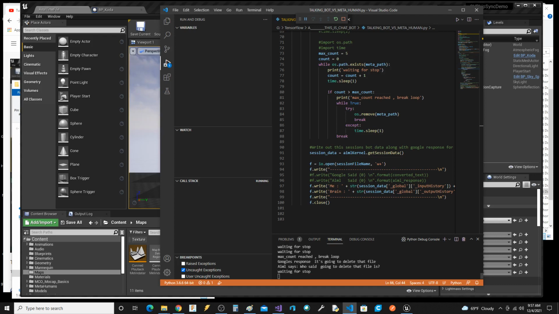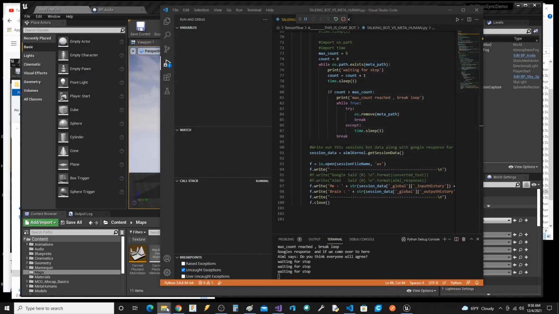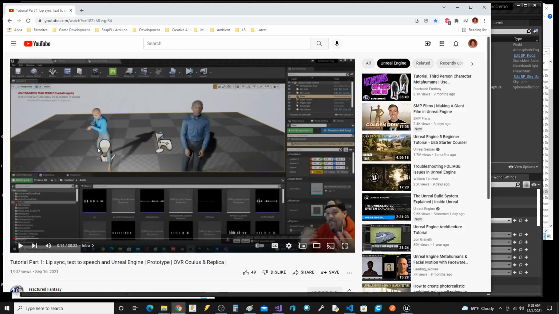So it's talking, it's sent back to Google, it's waiting. And this is some code I just added so that the Python doesn't get locked out. And if we come over to here, go on now, I just had you open. What is this thing doing? Okay, we'll push this down.